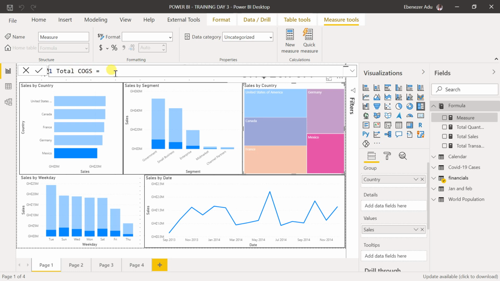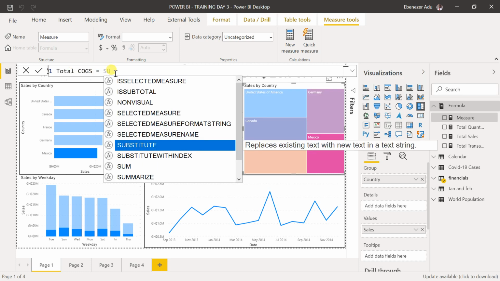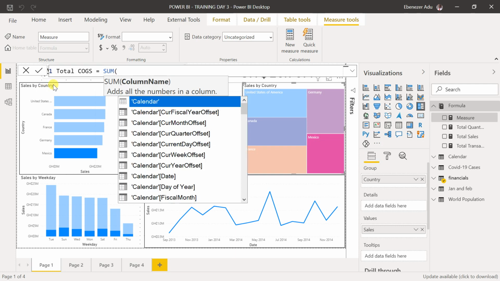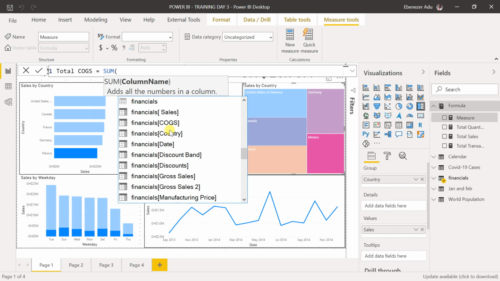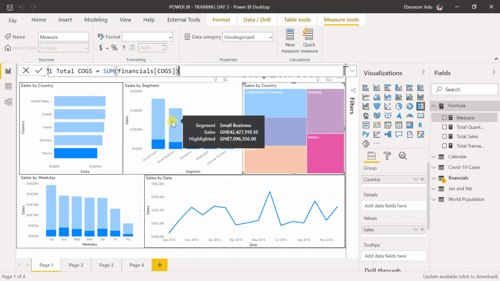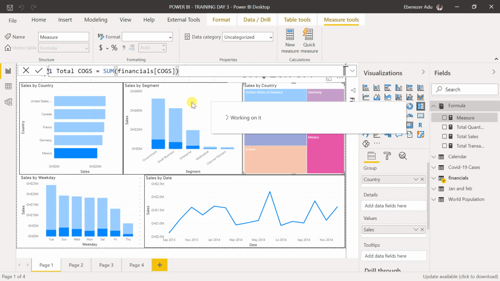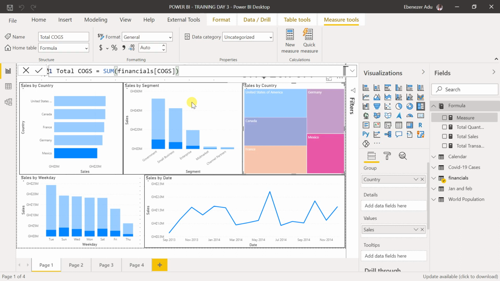So in this we are going to look at the sum again. It's the sum of the cost of goods sold in our financial table, so that becomes our total cost of goods sold. And we know that to get profit, we just have to subtract the cost of goods sold from the sales. So I'll just come here and create a new measure,